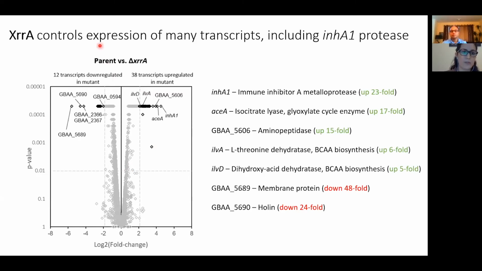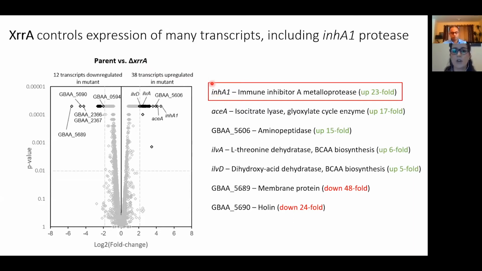Comparing the transcriptome of the parent versus the SIR-A null, we found that there were 12 transcripts that were downregulated in the mutant and 38 transcripts that were upregulated in the mutant, suggesting that SIR-A primarily functions to repress gene expression. We got a number of interesting hits that I could talk about all day. But for the interest of time, for the rest of my talk, I'm going to focus on this particular target of SIR-A called INHA1, which is a secreted protease of Bacillus anthracis. As you can see, this target was highly upregulated in the SIR-A null mutant, again suggesting that SIR-A represses